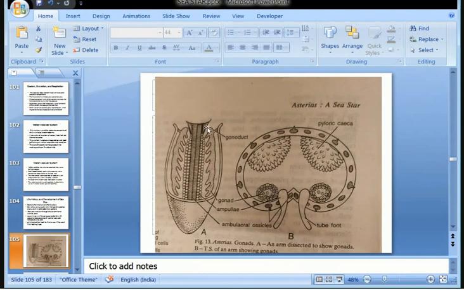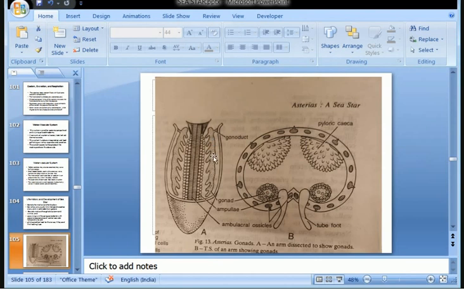But if you look at the whole organism, where you remove the upper part of the skin, and only one arm is dissected here, and the upper skin is removed. So you see they are present like this, starting from the base and reaching almost up to the tip part. Depending on their maturity stage, they are developed that way. The degree of development is directly correlated with the stage of maturity.